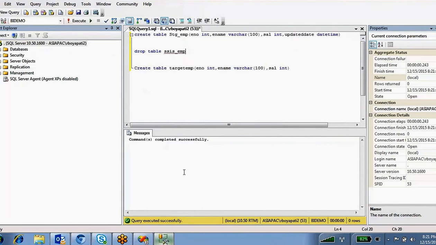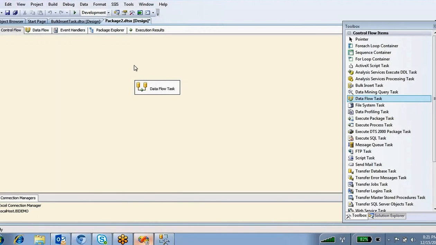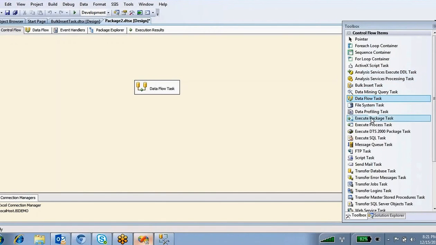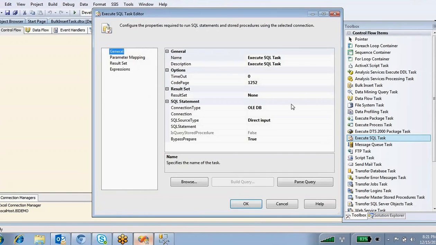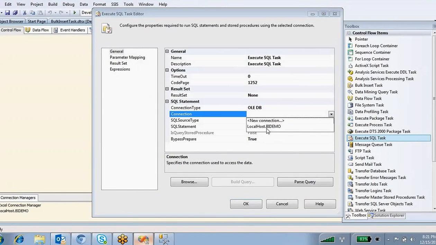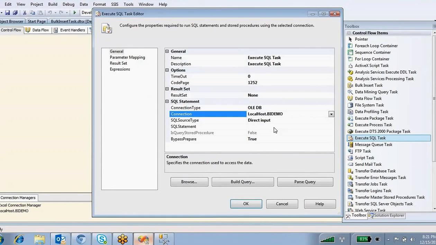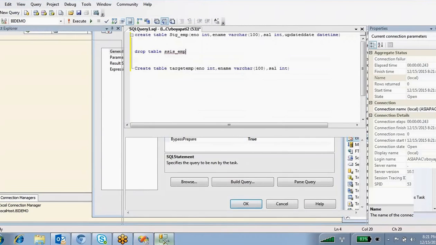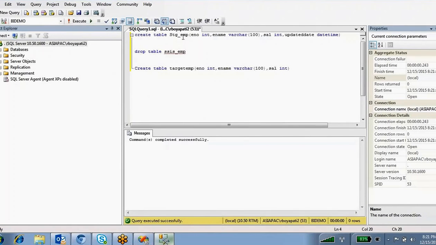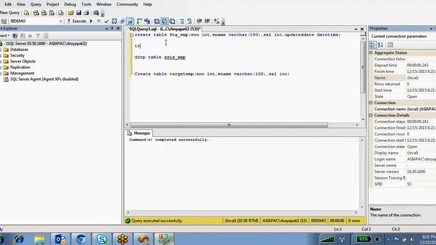Before that I'm going to take one Execute SQL task. Why this Execute SQL task? This Execute SQL task truncates the stage table daily. Before loading the data I'm going to truncate the stage table.